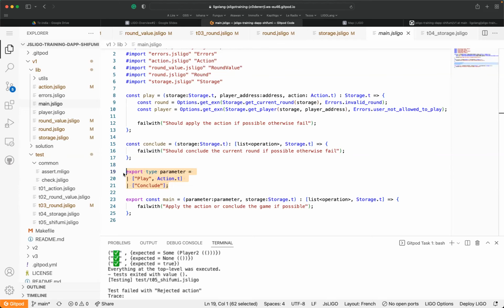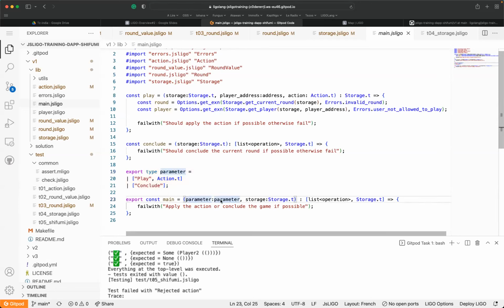If you remind the figure where you have the behavior, the parameter, the storage, and so on, here we are defining the parameter which has been sent by the sender to the contract in order to execute the transaction, okay? So here we have the parameter, we have the parameter type, we have the storage with the storage type T, and we're going to send back a list of operation and a new storage.